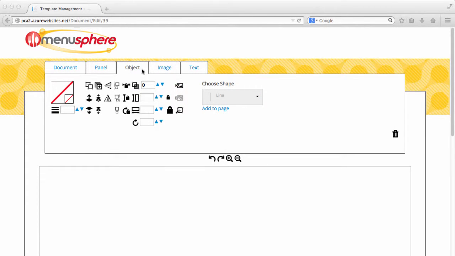The Object tab in the Creative Editor contains tools that can be used to create documents which range from simple to impressively detailed. This tab contains several utilities that can be grouped based on similar function. From the Object tab, we can